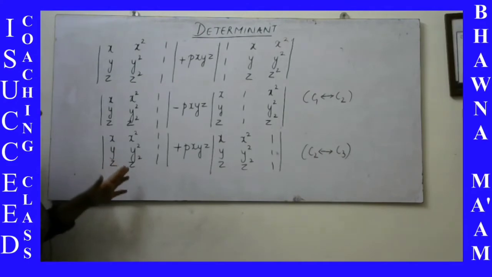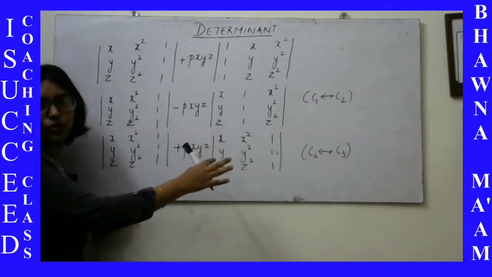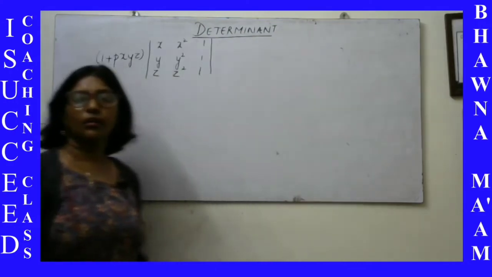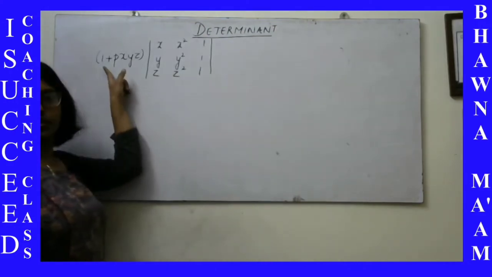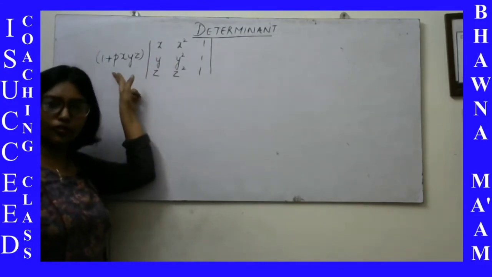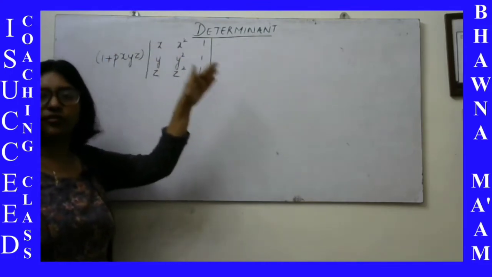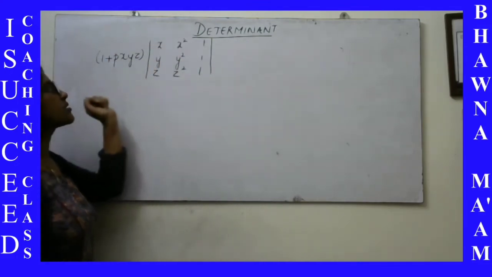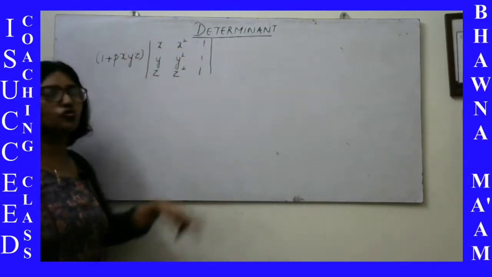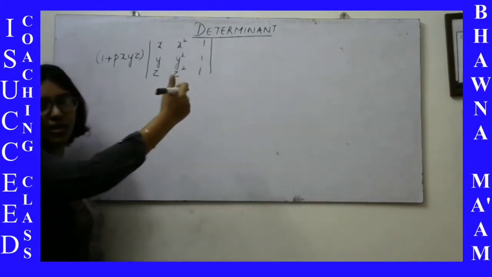So now we have the same determinant. If we take the determinant common, we are going to get 1 plus Pxyz into the determinant. So that will be the next step. I will write it up. So we have come up to here with 1 plus Pxyz and this determinant. We wanted one of the factors as 1 plus Pxyz. Then we want x minus y, y minus z, and z minus x. Whenever we have a determinant, we should try to get 2 zeros, and as you can see, here it is 1, 1, 1. So let's subtract.